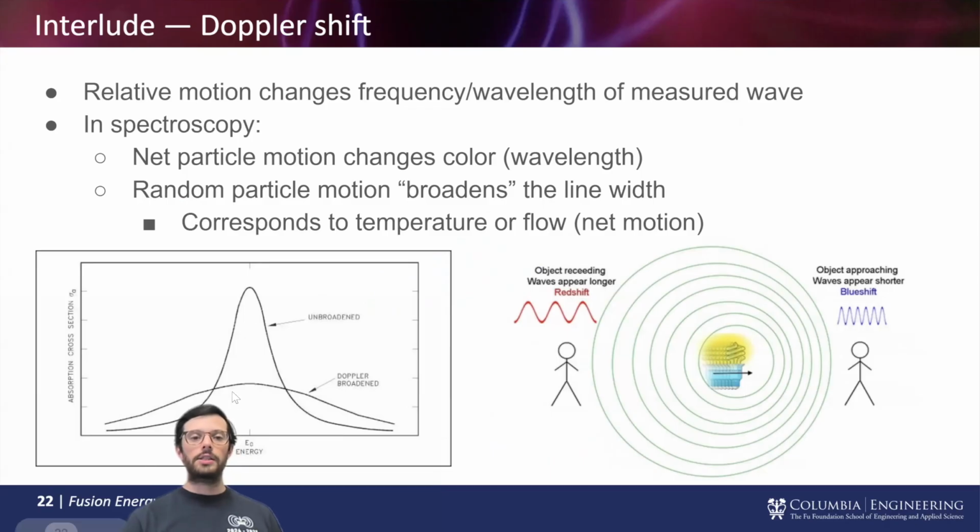So if I have this signal, so this is my energy. Energy is also equivalent to wavelength in light because we know how fast it's going. So if this is my energy, I have some error here, which is due to a few things, including quantum mechanics. But say this is relatively unbroadened, so it's a single energy. These photons are coming at me all with a single energy. But what if they're kind of moving around? What if the electrons that are producing them are just kind of jiggling around? That will make some of them higher energy. I will perceive them as being higher energy, this blue shift, and some of them will be red or lower energy. And what it does is it takes this single monoenergetic peak and smears it out,